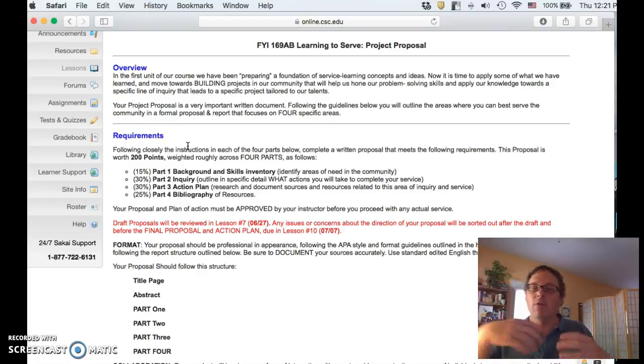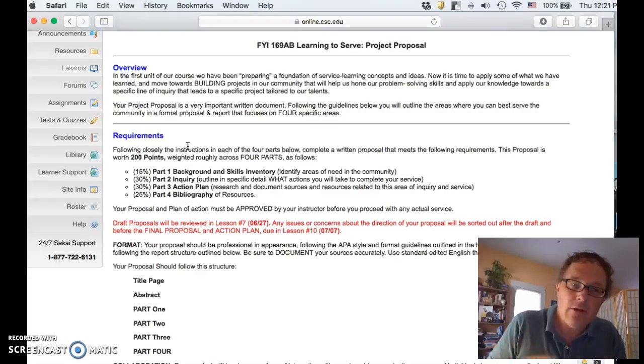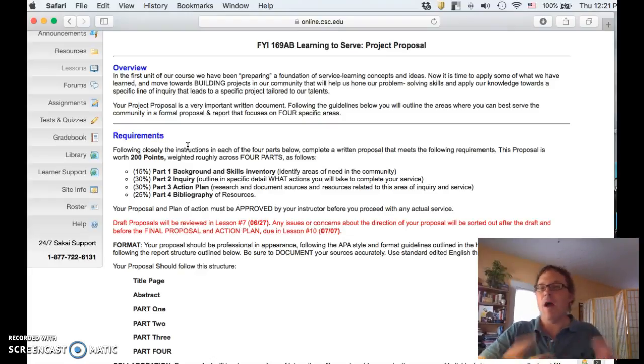So the first part, which is important to me, but perhaps less important for somebody who's actually reading this report, and I would like you to consider that this is an actual report that might go out before a committee, a community action partner, an institution that is thinking about doing a project. You want to have a professional tone, and you want to illustrate for the readers what you're going to be doing and why it's a needed service. So within that context, you want to introduce the first part: who you are and how you have certain expertise or skills that can address the identified areas of need